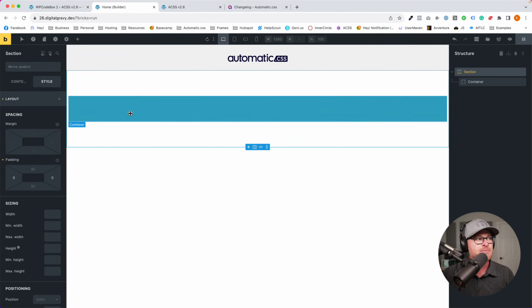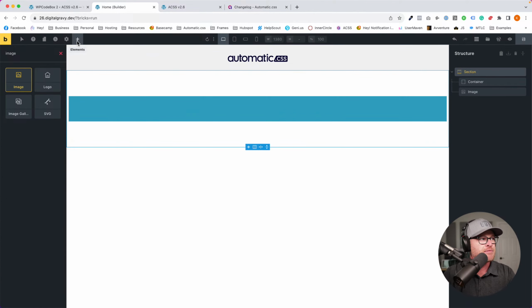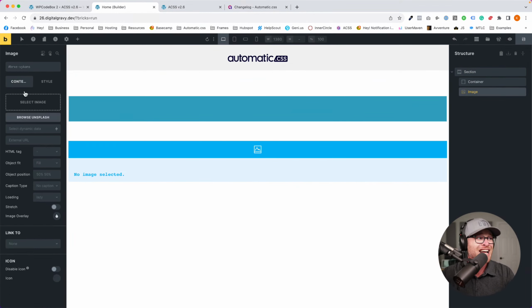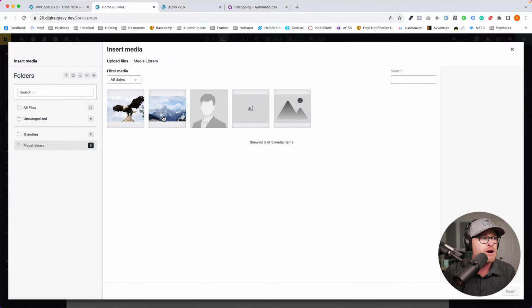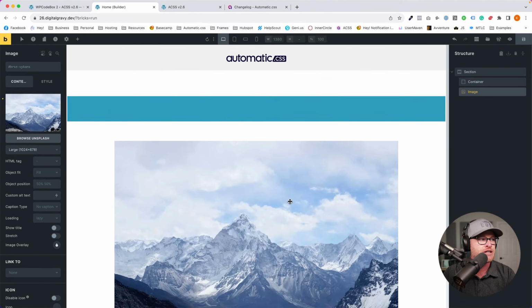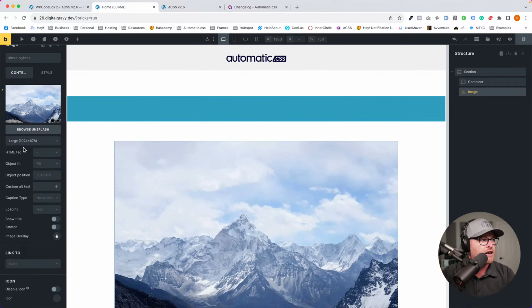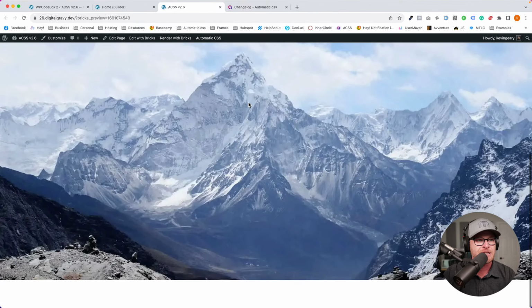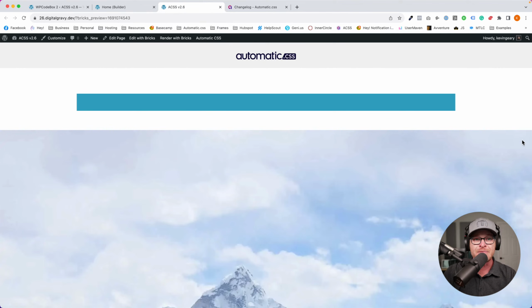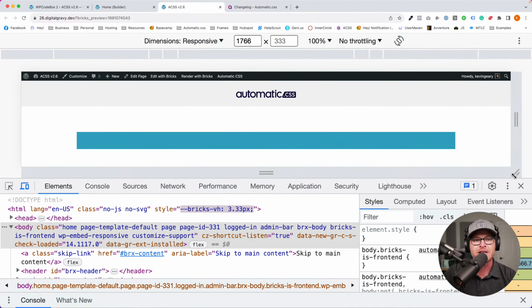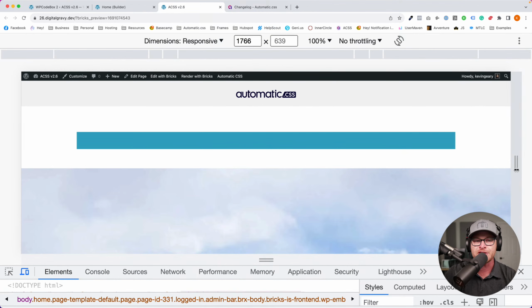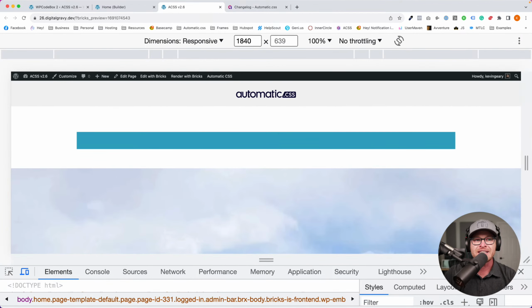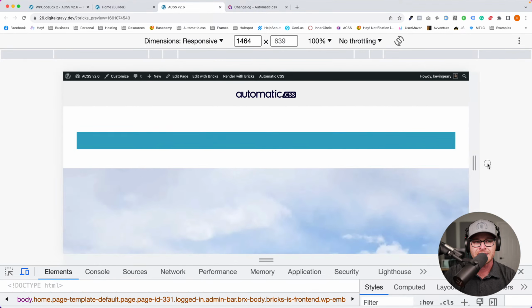Now, what this allows me to do is put something else in this section that I do want to touch the edge of the screen, like perhaps an image, okay? So I'm gonna throw an image in here and we're gonna go with full width on this image and hit save. Now, this is gonna be an absolutely gigantic image, all right? But notice that the image is spanning the full width, and I still have something here that is my content width. But the problem that I've created by doing this is that while my image touches the edges of the screen, which I wanted, on mobile devices, so too will my content that is in this section.